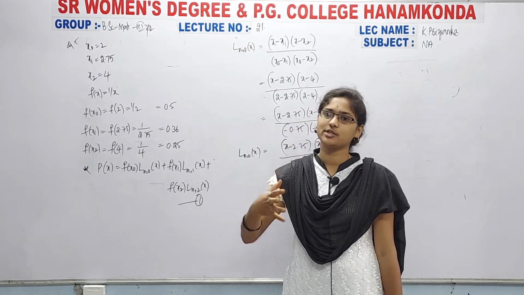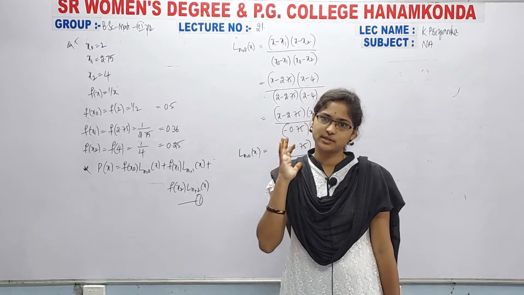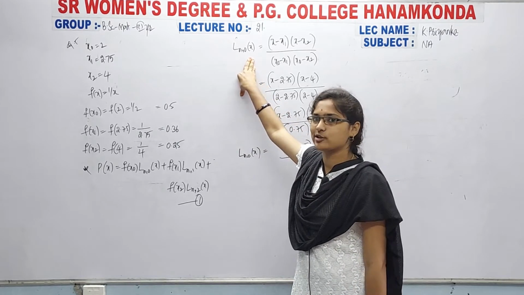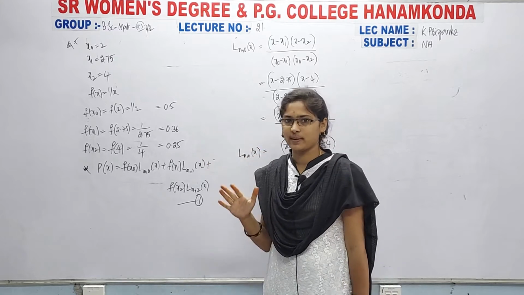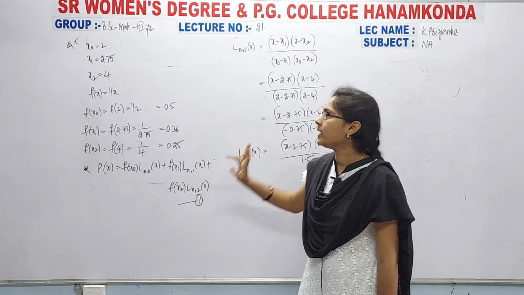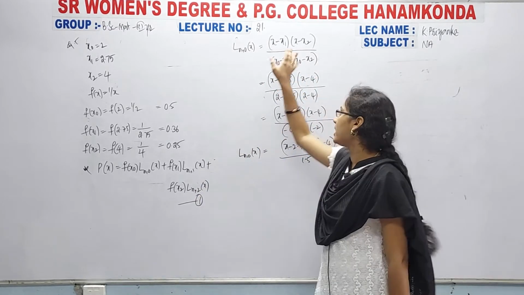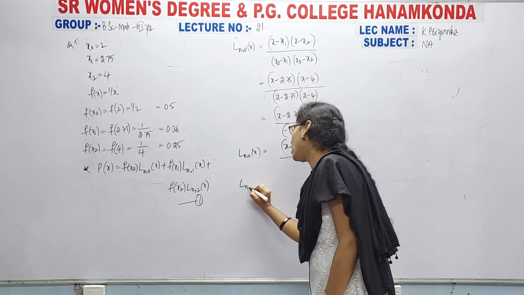I have given the remaining in general also, the formula. So if you are not comfortable with that, then simply just remember that. Here we are calculating with x naught, so we have to take the value x minus x1, x minus all the values except x naught. In the denominator mainly we have to take x naught in each and every term like this. Now I am taking like this directly,